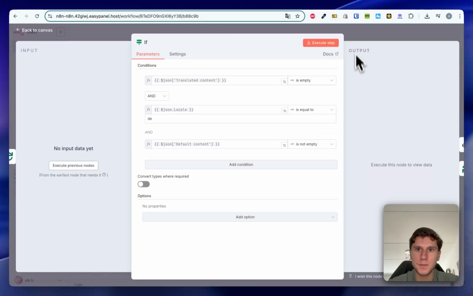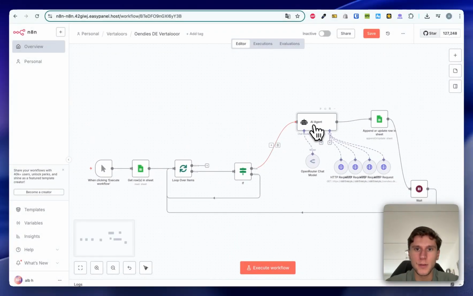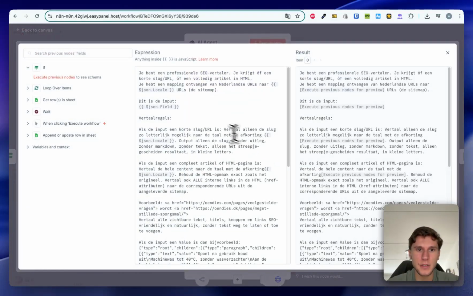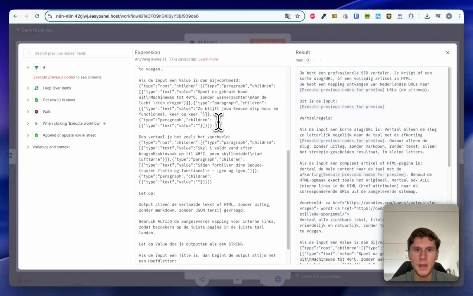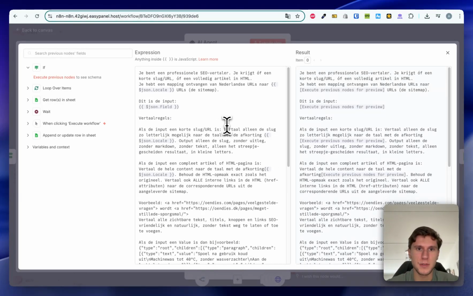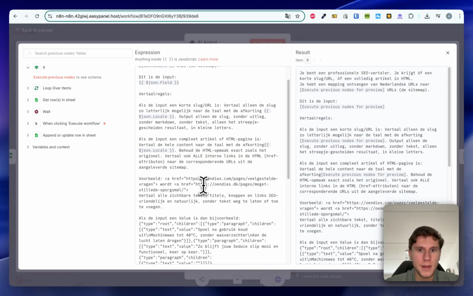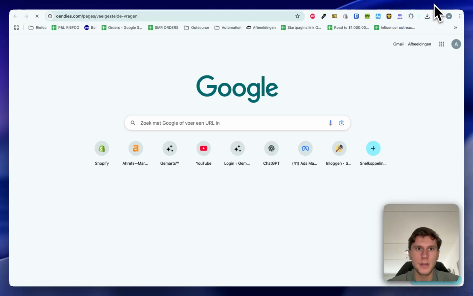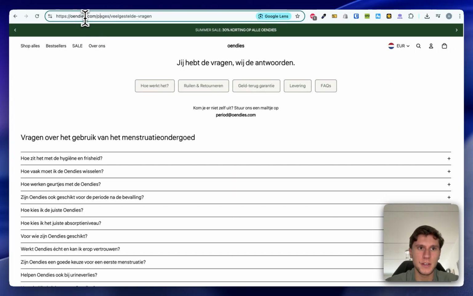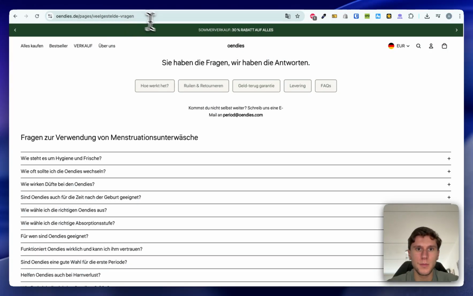Alright? So from there on out, we're going to head over to the AI agent, and this is something that's very important. So this is the AI prompt, and the things I need to change in here, that's specifically for me, is, let me just read through it one more time. Here is a sample URL that I give to the AI agent so it can use. So this leads to our frequently asked questions on our Dutch website. Just going to put this to DE, and it will bring me to